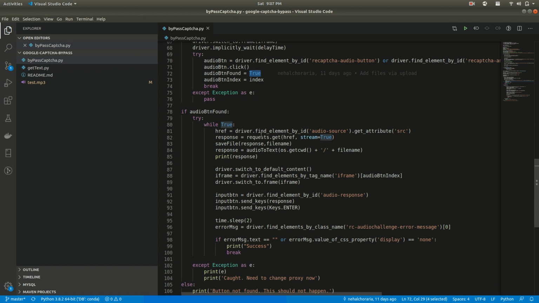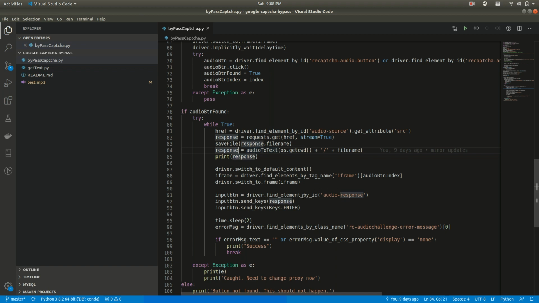Now once the mp3 file is extracted, we save that file, and using the audio to text function we open up a new tab. Once we get the tab, we get the text from that tab and paste it, and that is how it works.